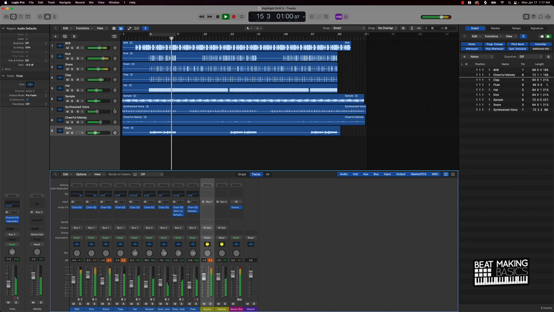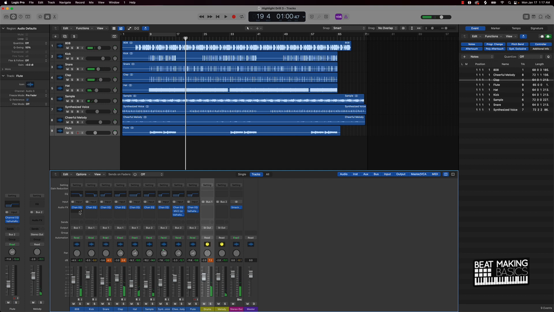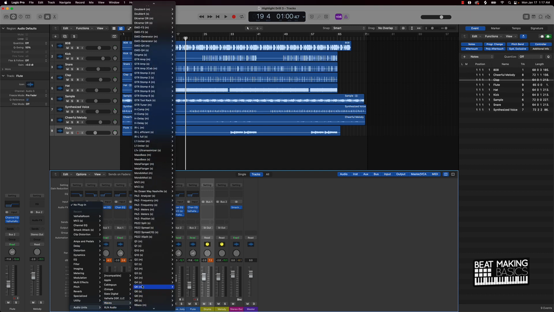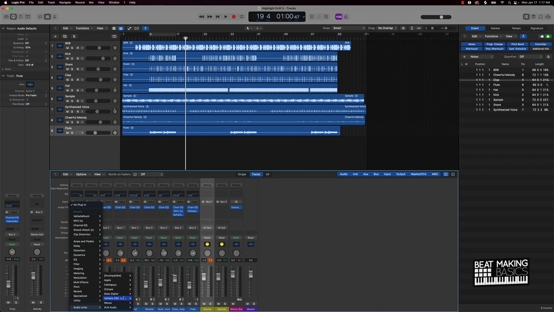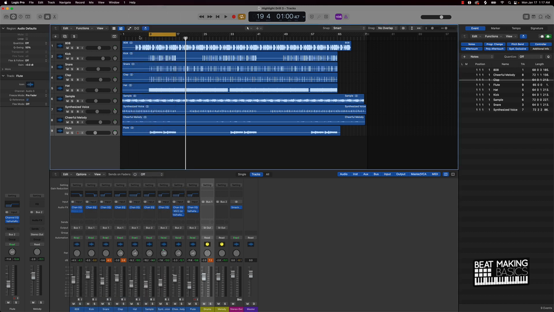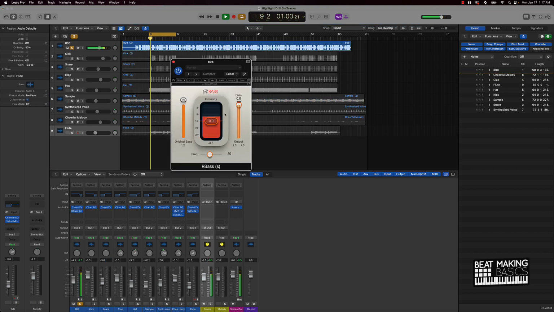Now, one thing you could do, like say if you want the 808 to punch in just a little bit more, then you can go ahead and add a plugin that we use called R Bass. All right, it's by Waves, and actually it sounds pretty nice on an 808. So we can just go ahead and get the loop gear right here and solo it out. And with the actual track,